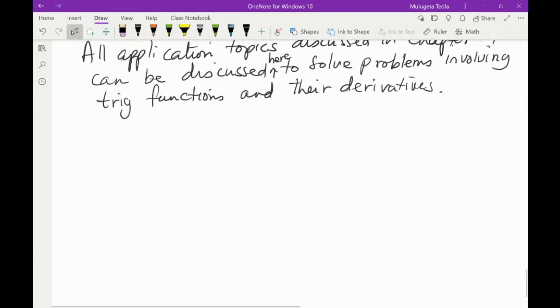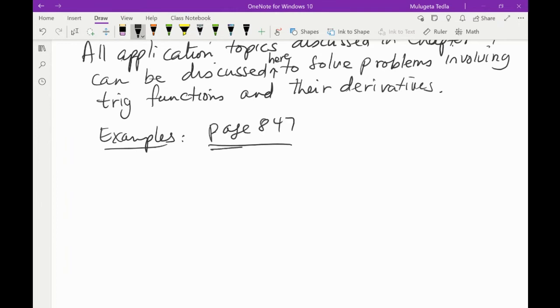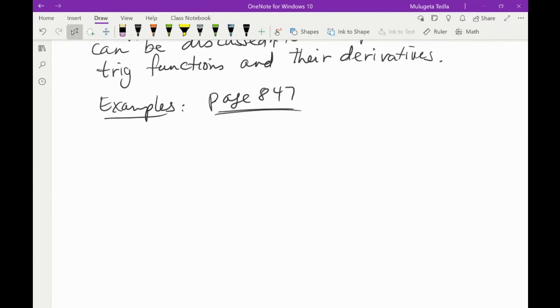Okay. So therefore, I will just directly take you through a couple of examples. Page examples, page 847. Just a sample example. I want to do word problems. Number 16, for example, the phase shift